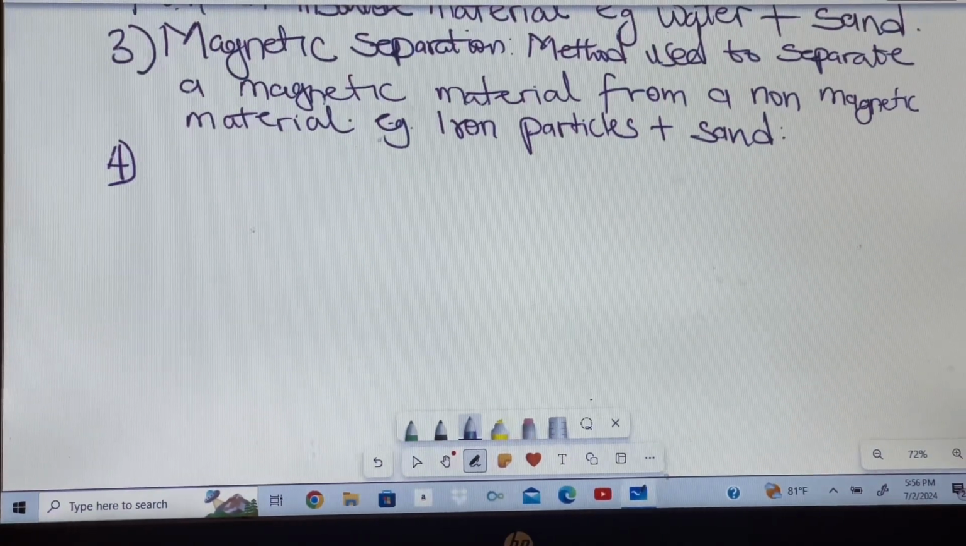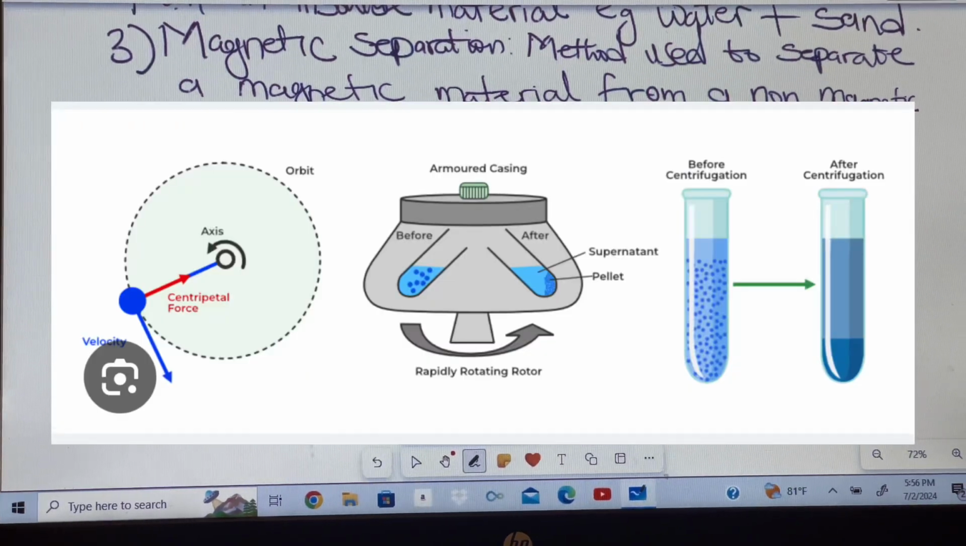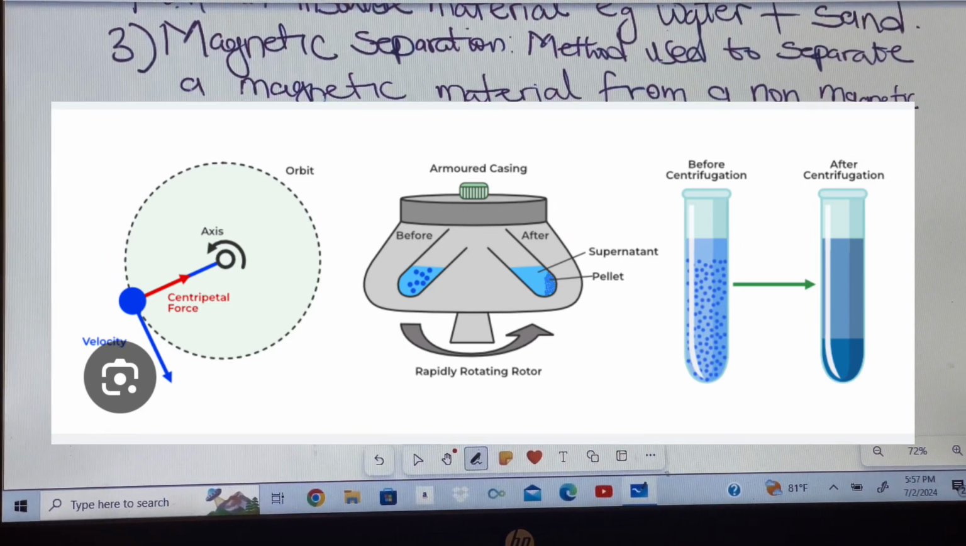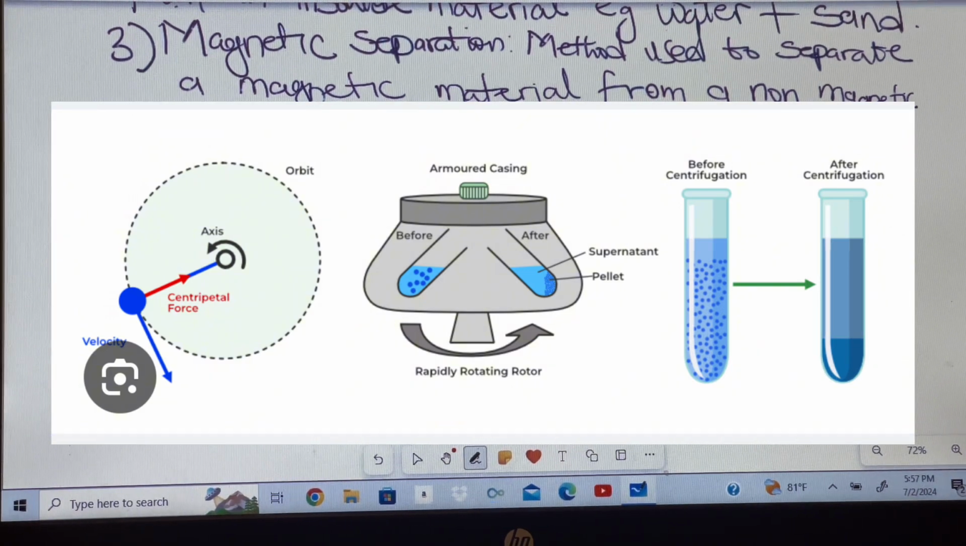So the fourth one, we're going to talk about the centrifugation method. So in this method, there's a machine called a centrifuge. So this centrifuge is a mechanical process anyway. You're separating the components of a mixture based on density. So when it's spinning, the heaviest will go to the bottom, and the lightest will be on top